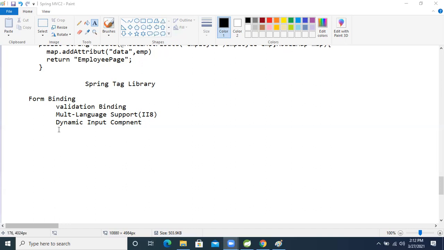Okay? So, Spring Form Tag Library: the tag components and their equivalent HTML code. Let's first see that, right? First see how we write the code on an HTML page, and the same thing when we write that code using the Spring Form Tag Library, what the syntax is. Okay? So let's see those components. After that we will implement those components in the application only, right?